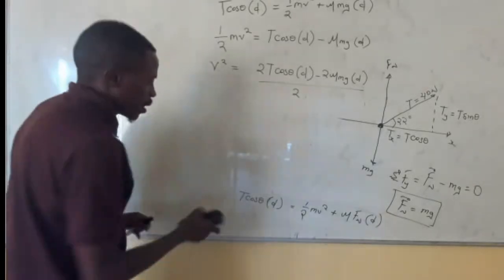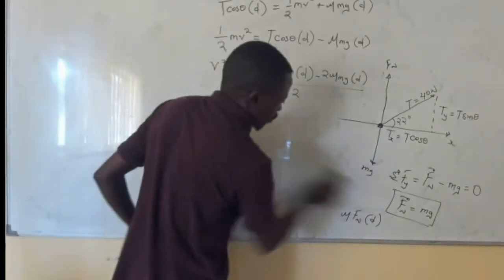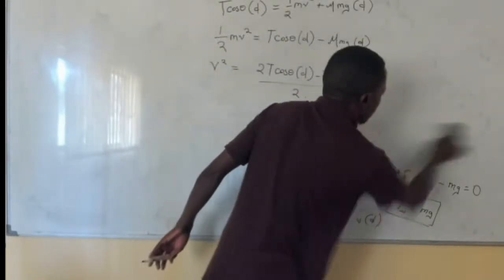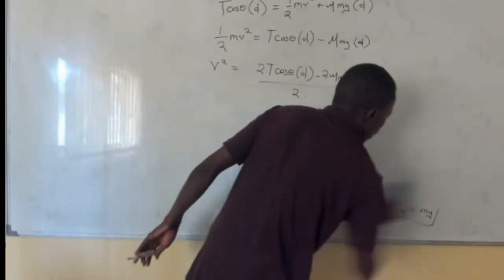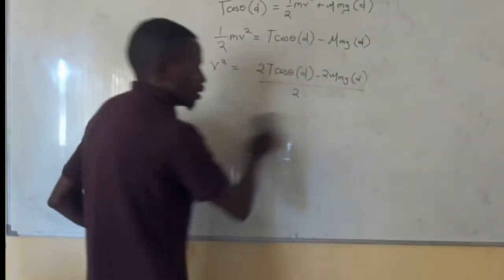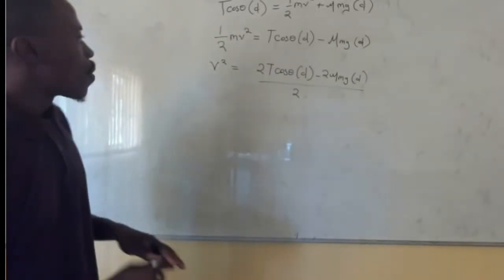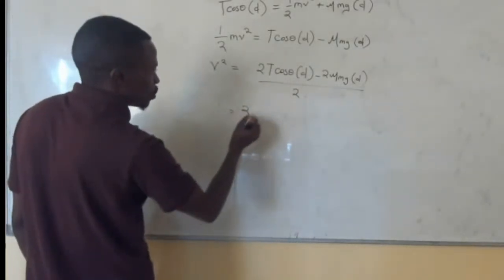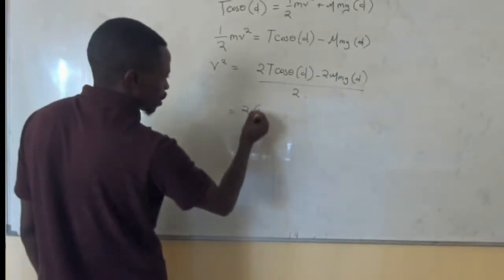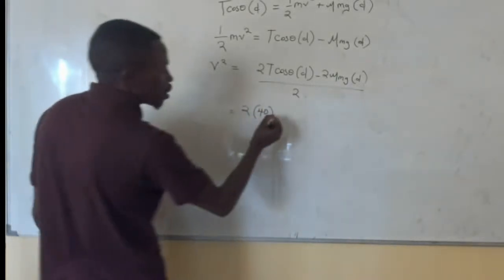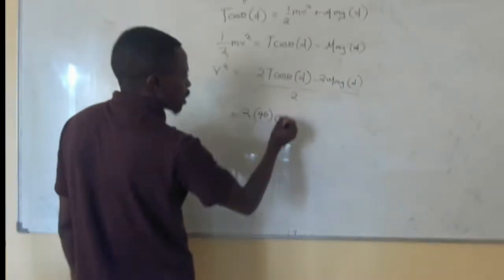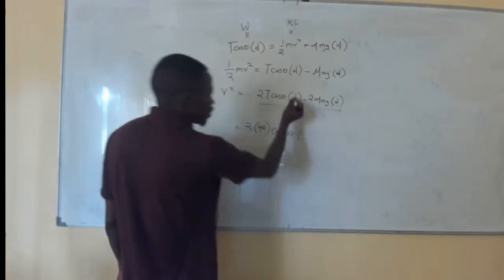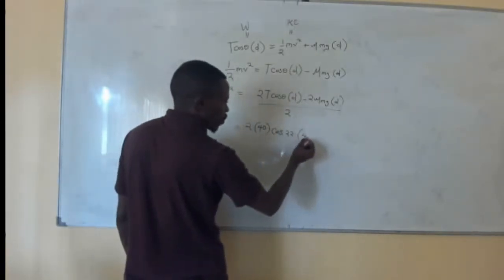have to replace all the quantities that have been given by the values that they have in order to find the speed that is required to move the wagon together with the girl in it, the distance of 4. The tension was given by 40, so that is 2 by 40. Cos theta is 22. That's the angle that it makes, times the distance, which is 4,